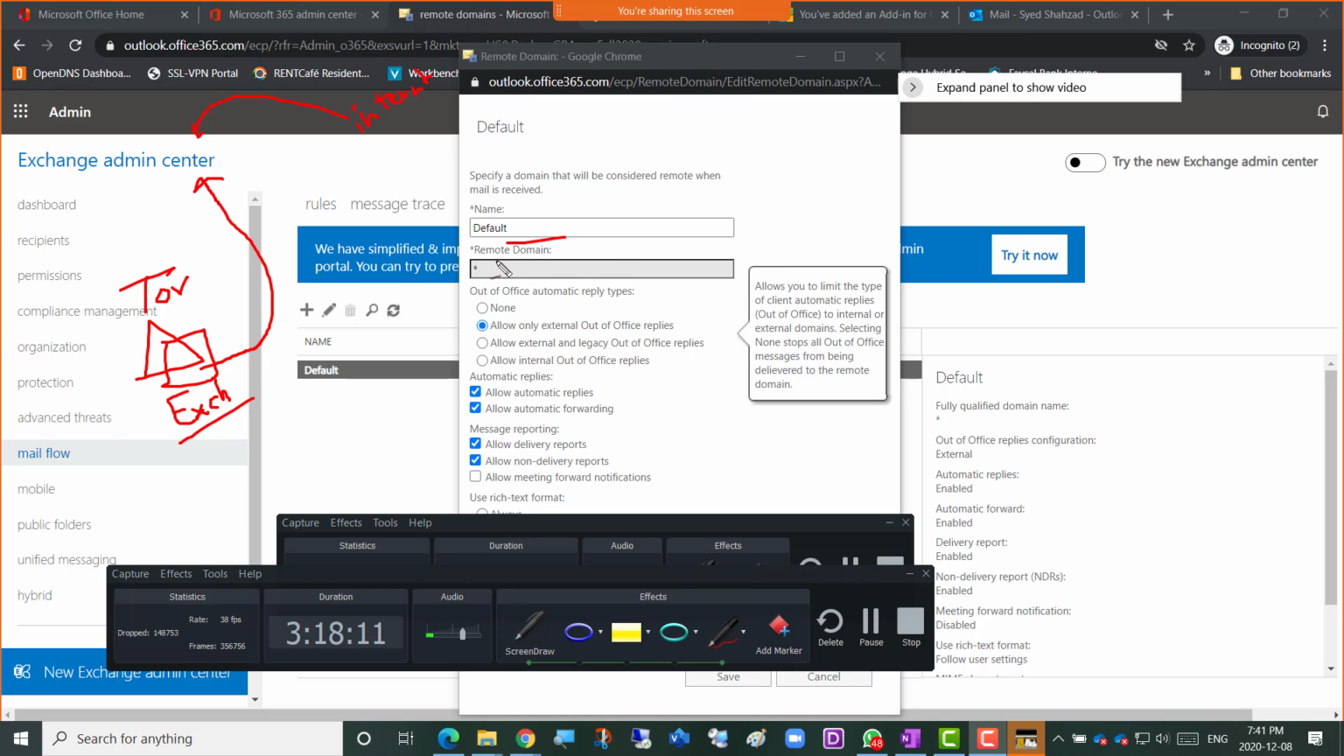So this means that this admin center will not receive these emails in the mailboxes here. It will simply receive them from the internet and forward them to the remote domain, which could be your branch Exchange server. It could be another Office 365 subscription as well, which is not receiving emails from the internet, but